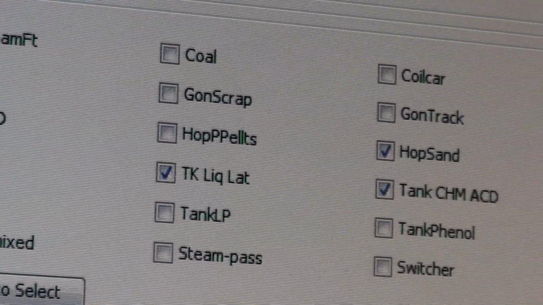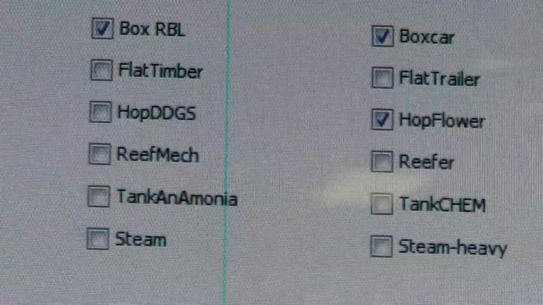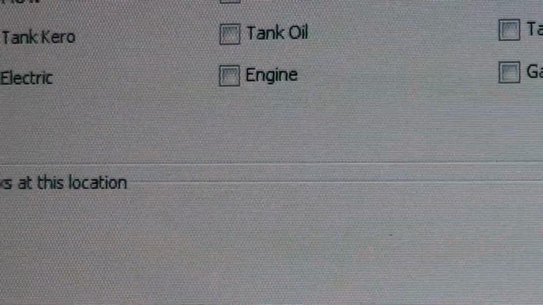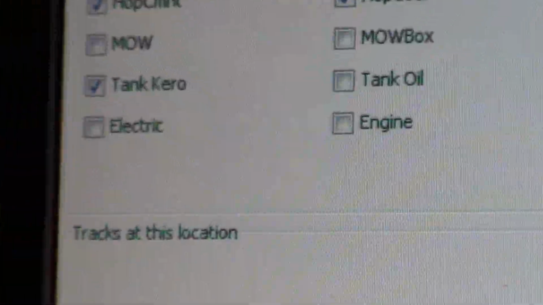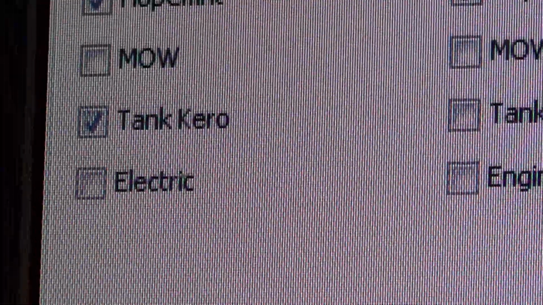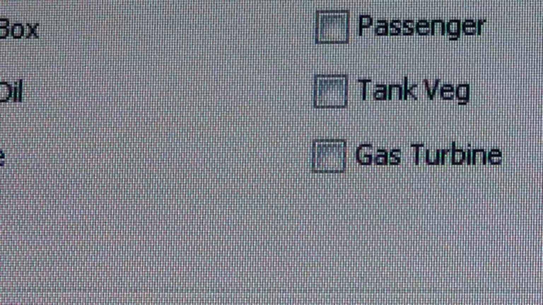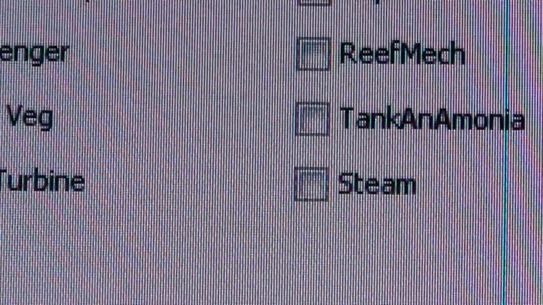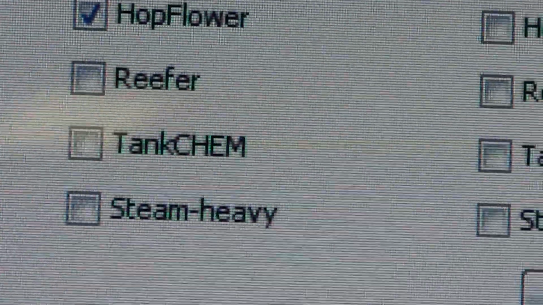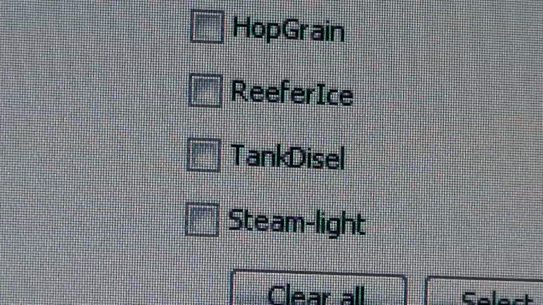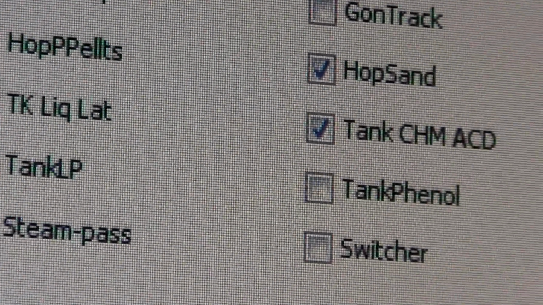And you got them. Car types are important. If you kind of look here at tank cars, and this is a very big point. Look at the tank cars. We got Terry tank carriers, kerosene tank car, oil, tank vegetable oil, tank anhydrous ammonia. We have tank chemical, tank diesel, tank ethanol, tank LP, tank,